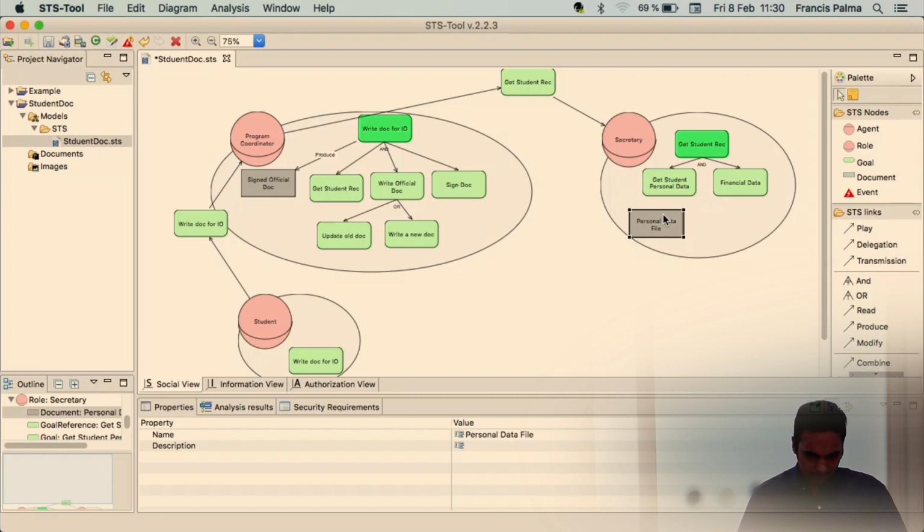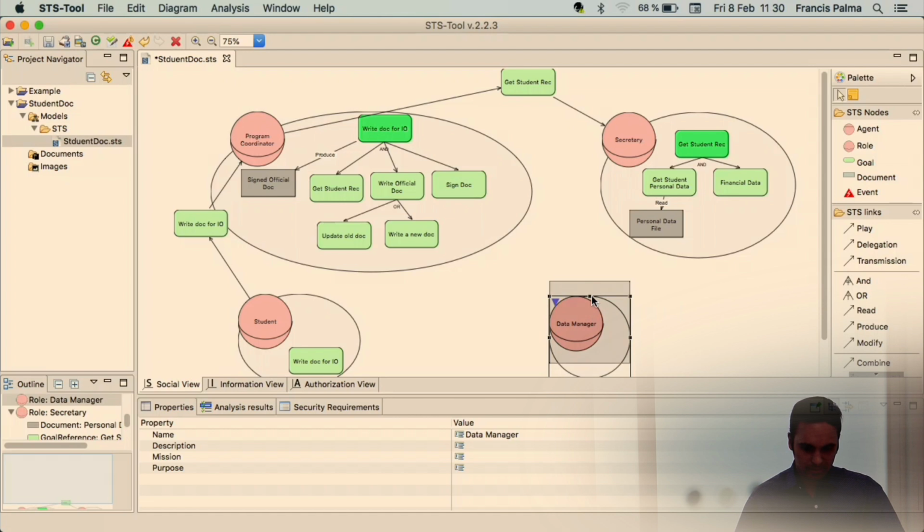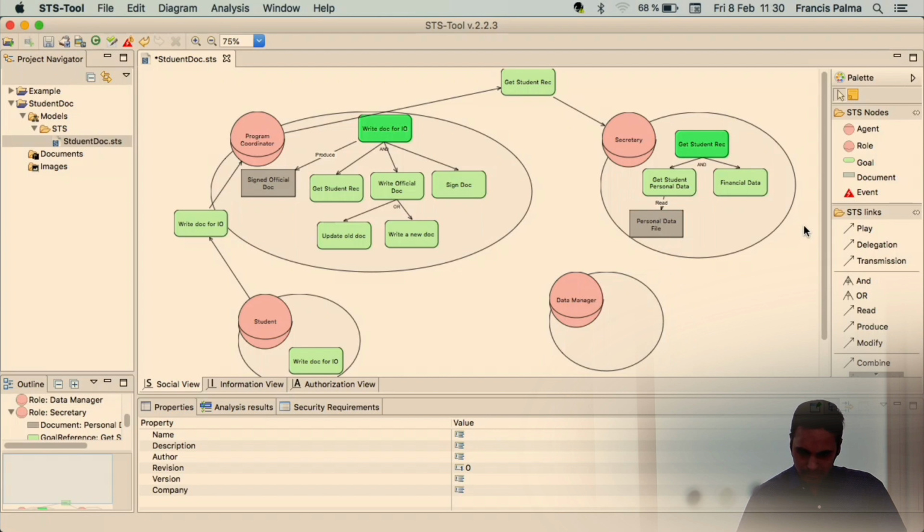and so it will read this file, but she doesn't have this file. So the secretary doesn't have this file. So who has this file? Another actor or another role, that is the data manager. He has this information. So in order to get this information, the secretary will delegate this goal to the data manager,